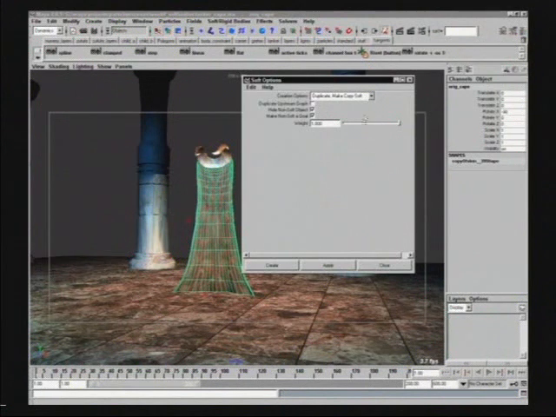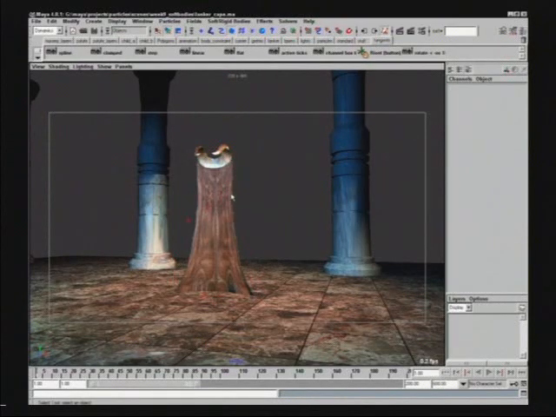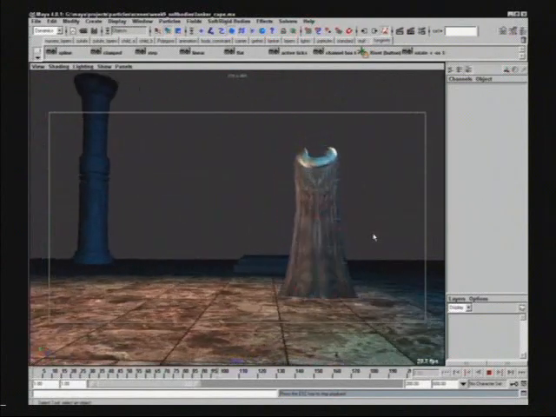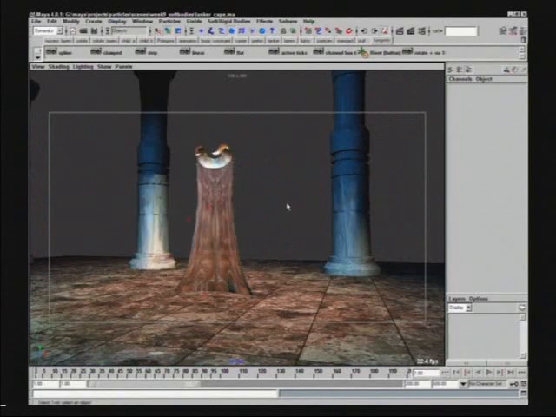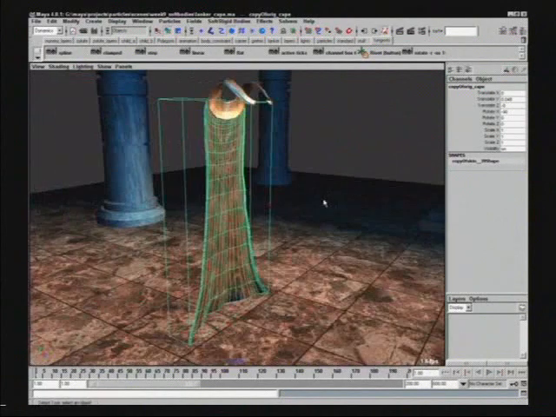Duplicate, make copy soft. The weight has a value of 1, and we definitely want to choose duplicate, make copy soft because the original is parented to the skeleton, and so the original you don't want to be affected. You want it to stay parented or skinned to the skeleton, so that the copy, the one with the particles, the one that you're rendering, is keeping up with the original geometry, which is skinned or parented. So if I hit create, now what we're looking at is our soft cape. The original cape has been hidden, but we're still getting the same result because all of the goals have a value of 1. But now what we can do is select this geometry, switch to a different camera,